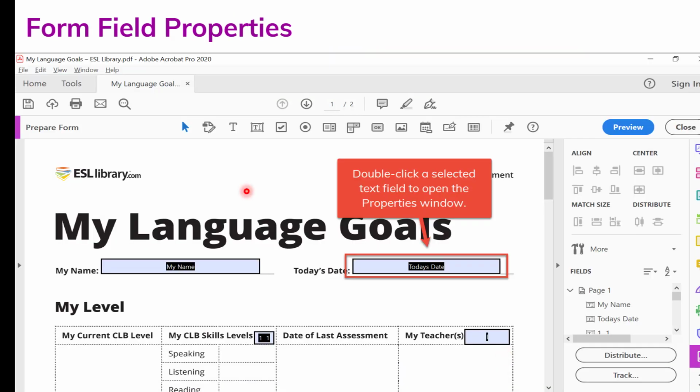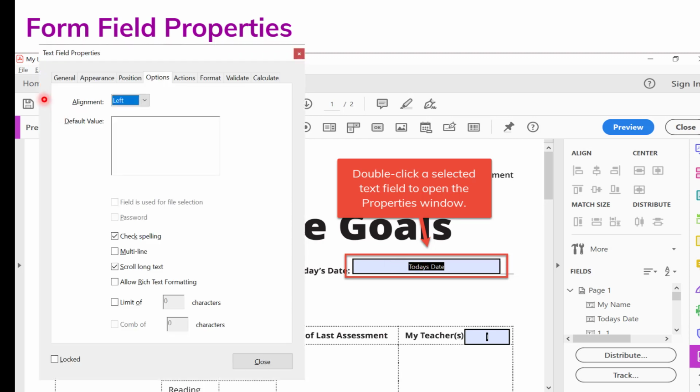One last thing. There are form field properties or special features for each form field you select. If you create a list box and double-click on it, it will open up a Properties box where you can refine this field using the various tabs like General Properties to specific ones like Appearance, Position, and even Actions. Now I can say the proverbial sky's the limit with making your worksheets fully customized.